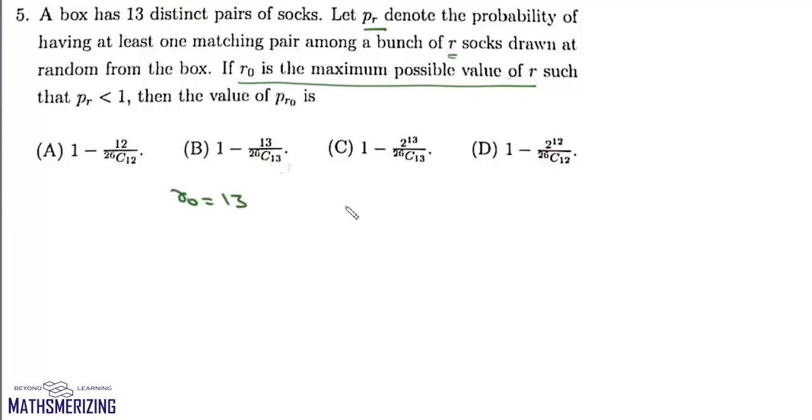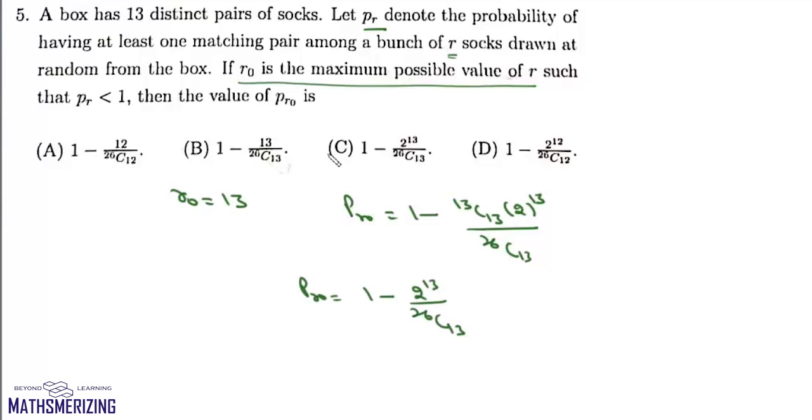Now in order to find this probability, we'll find the complement of the probability when all the 13 socks are distinct. So it'll be 1 minus. Now we need to select 13 distinct socks. So are these 13 pairs? We have to select 13 pairs, and from each pair we can select any sock in 2 ways. So it'll be 2 into 2 into 2, 13 times. So it'll be 2 to the power 13 divided by, now the total number of ways is 26 C 13. So this probability of R0 will be 1 minus 2 to the power 13 upon 26 C 13,